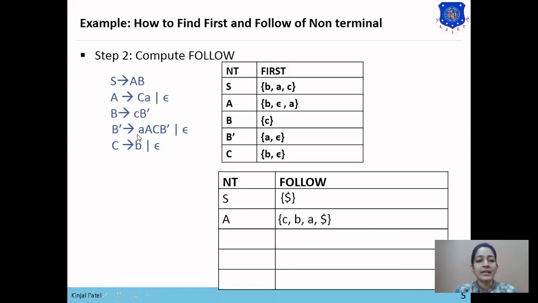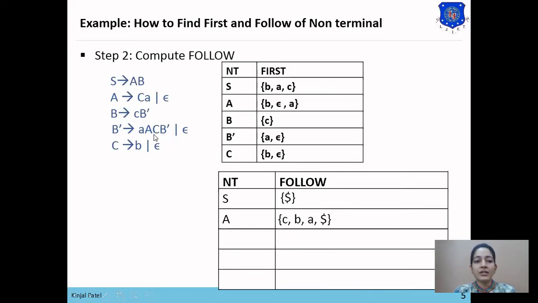Now here in the third statement there is A symbol. Now here in the fourth statement there is A symbol in it. So we'll check for the symbol following A. Here non-terminal C is following capital A. So we'll check for the first of C. The first of C is B and null.